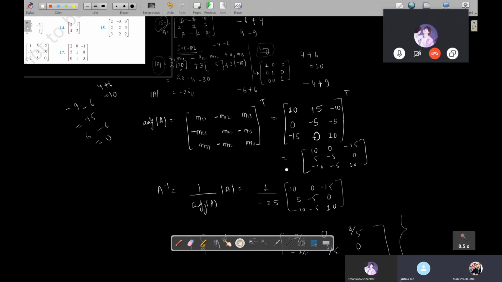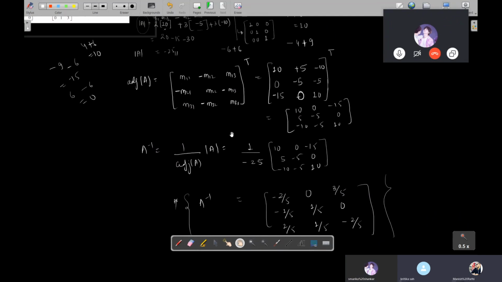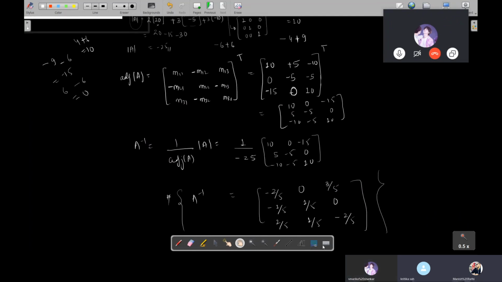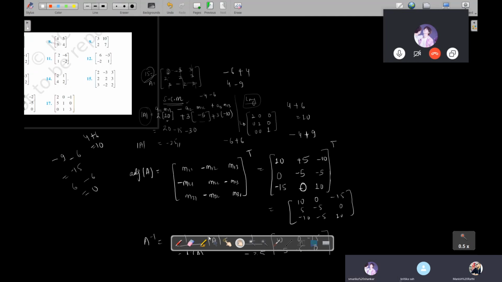Imagine if you now start applying row elimination, it will take more time to solve. So this answer we need to verify now. Let's start applying row operations. So the question is 2 minus 3, 3, 2, 2, 3, 3 minus 2, 2. So this is my